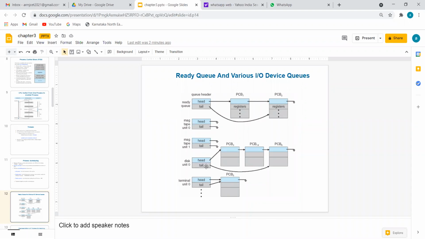So what happens here? In the disk unit, there are 3 jobs, one after another. See, PCB 14, process control block, PCB 6 and PCB 3. The job order is like this: first execute the 3rd job, then the 14th, then the 6th. If possible, try to execute the 6th parallelly with the 3rd or the 14th. Like that, we have different options. So this is one conceptual diagram.